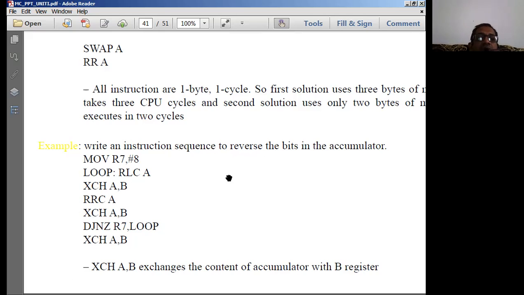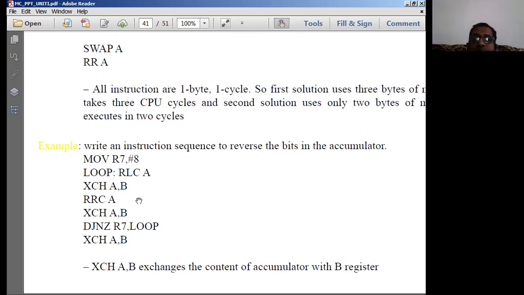So what is the result at the end of this RLC A? All the bits are shifted towards the left by 1 bit. Then next, I exchange the contents of the accumulator with B. That means B now contains the shifted bits of A, which have been left shifted by 1 bit.